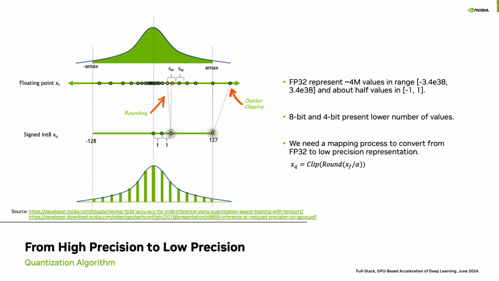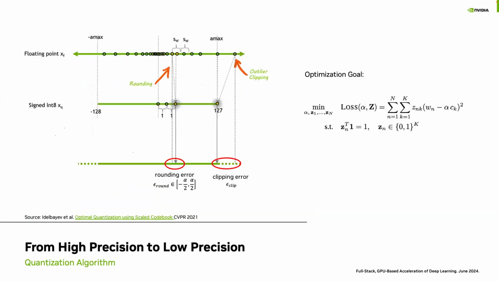But the key is how we can get a proper scaling factor to scale down the values from high precision to low precision. But what is a proper scaling factor? If we look at the quantization process more closely, we can see